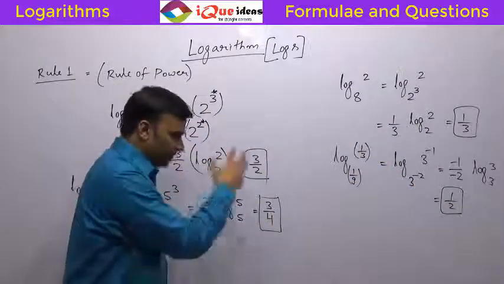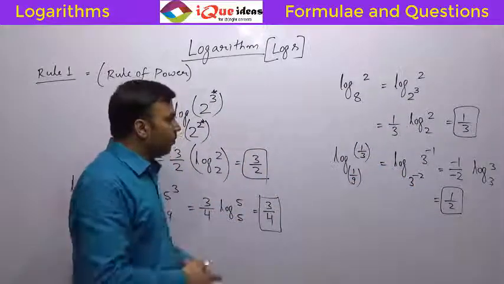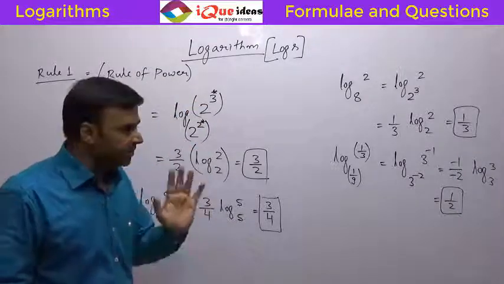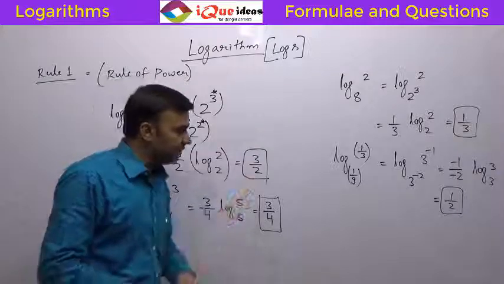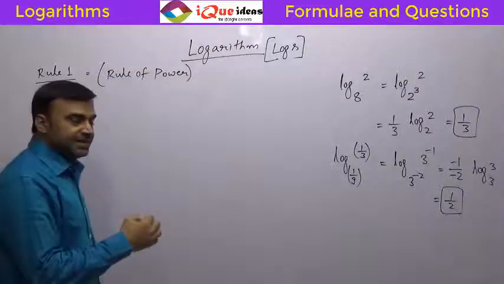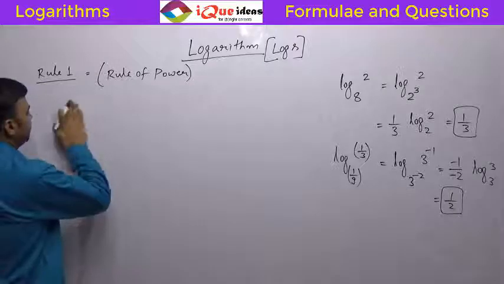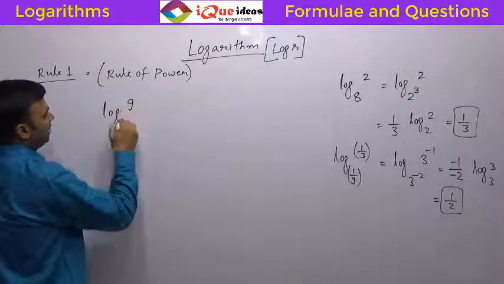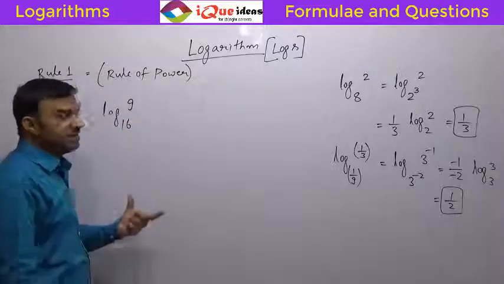But this rule or this process can be applied only when both the number and the base are powers of the same base or powers of the same number. Only in those cases the simplification can happen. Now if the base and the number are not powers of the same base, then what do we do? Let's take an example. So if I have log of 9 to the base 16 and the question says simplify,